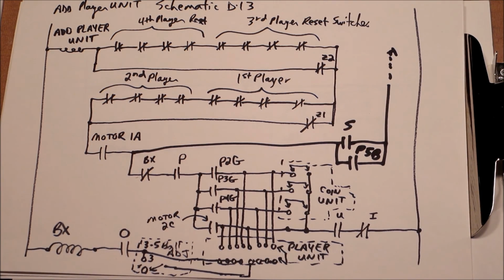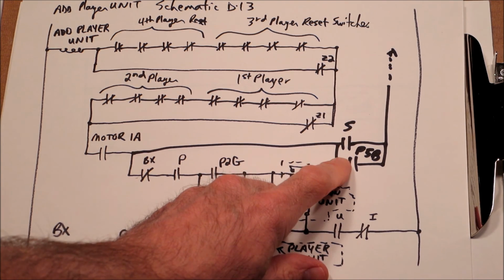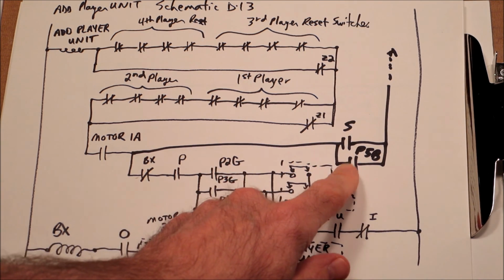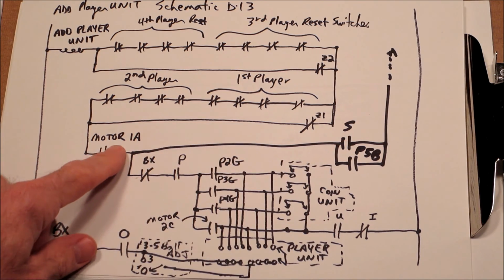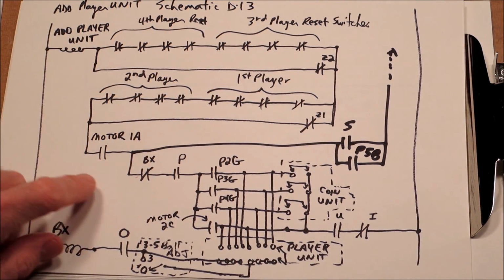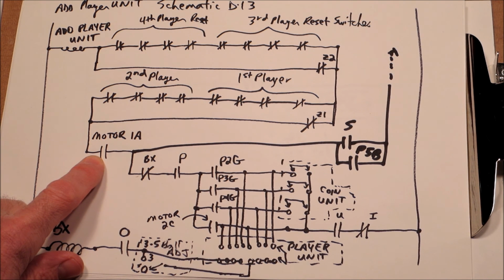So here is the schematic for that P5B switch. It is in parallel to an S contact, and these are at machine startup. When these close, they actually enable the add player unit, and those will go through motor 1A. It's going to pulse 5 times per 120-degree turn of the motor, and then depending on the time frame of the game,